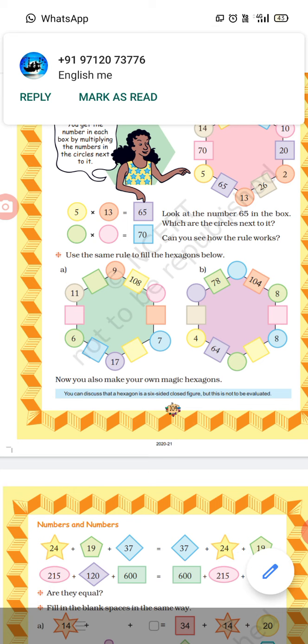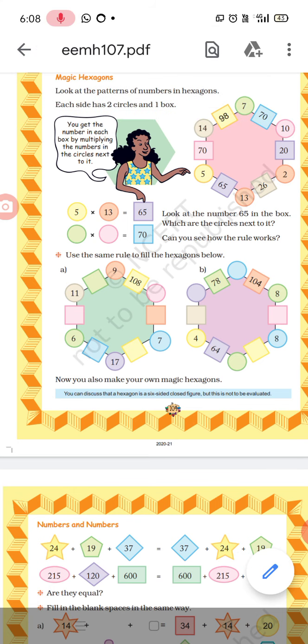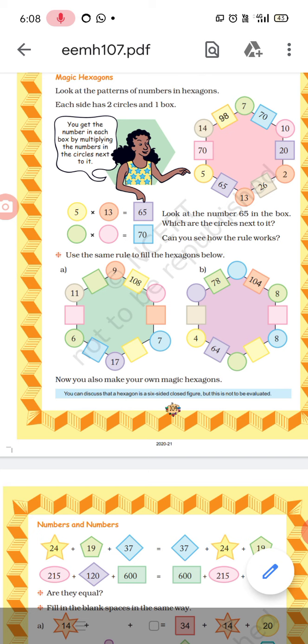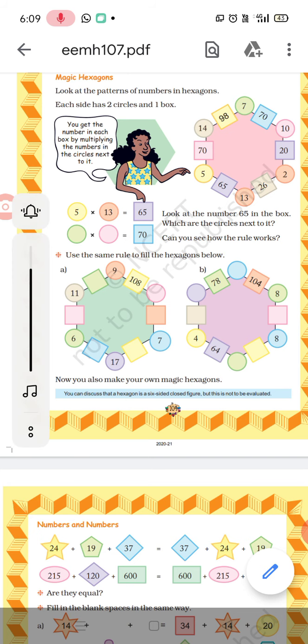Okay, so A number, 11 nines are 99. If we start from A, I am going to start it from 11. You can see that there are empty boxes given, and some of the circles are also empty, so we are going to fill them with the same rule. So 11 nines are 99. It means we have to multiply the two numbers given in the circles. 11 nines are 99, and if we go after 9, 108 is given, and then